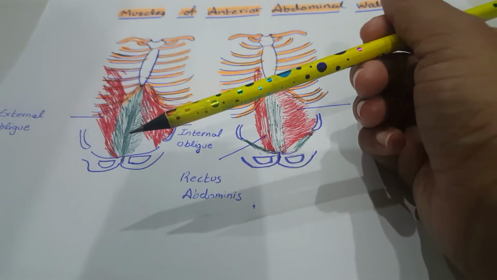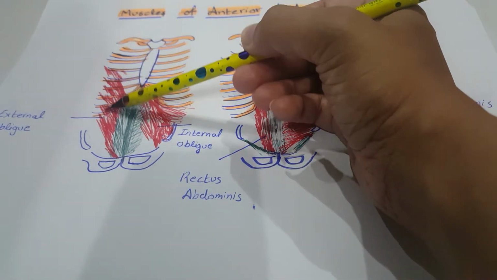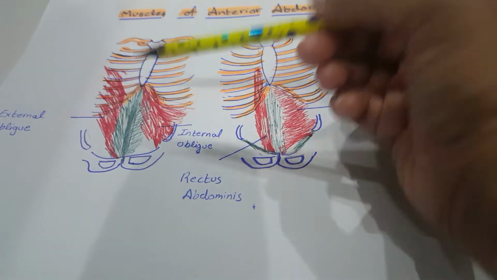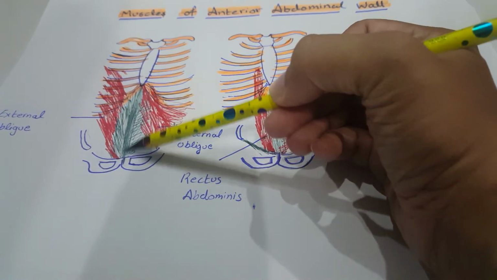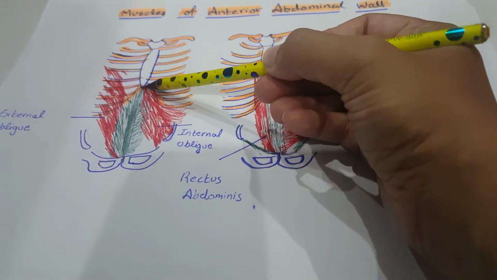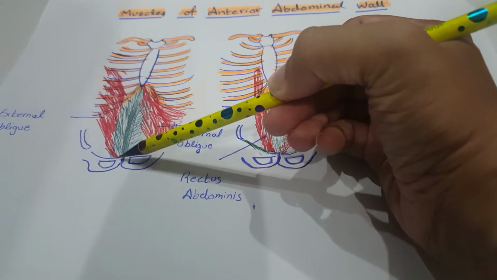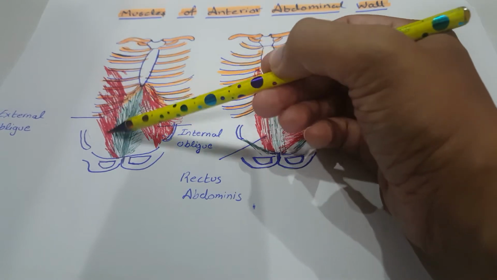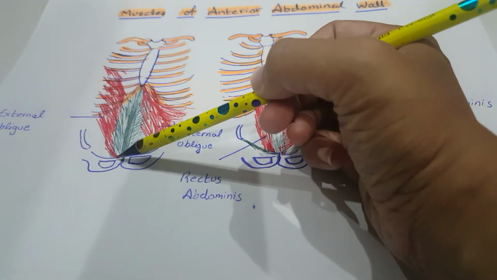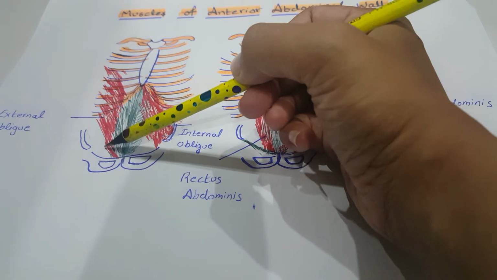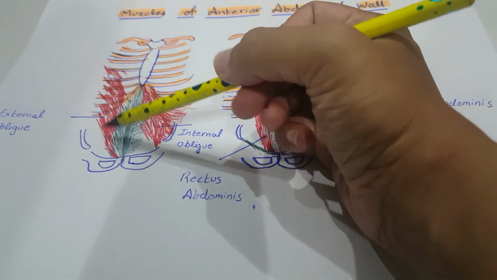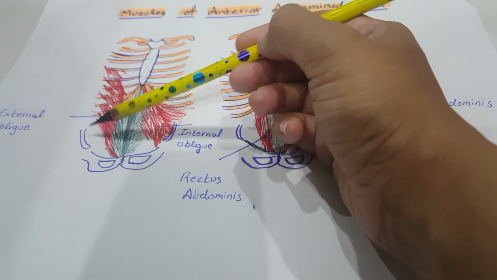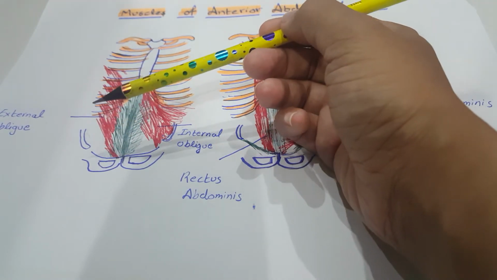It originates from middle of the shaft of the lower 8 ribs, and this muscle is inserted over the linea alba that is attached on the xiphoid process. Another attachment is on pubic symphysis. This muscle that extends downward forward medially is also inserted on the pubic crest, pectineal line, as well as some fibers are inserted over the iliac crest, anterior to third outer lip of the iliac crest.